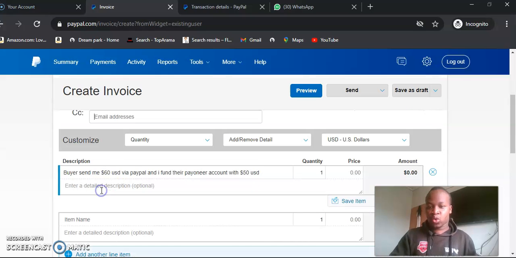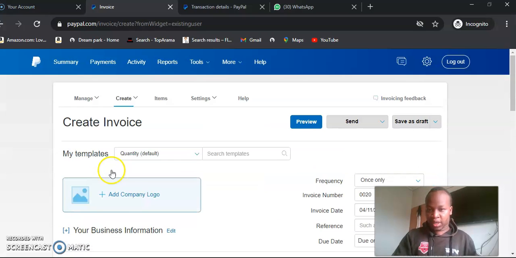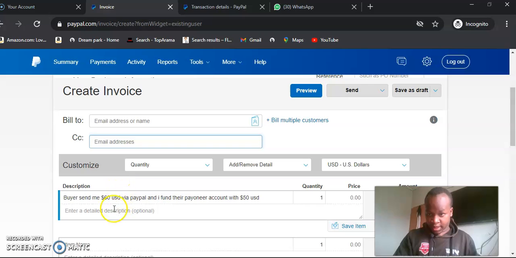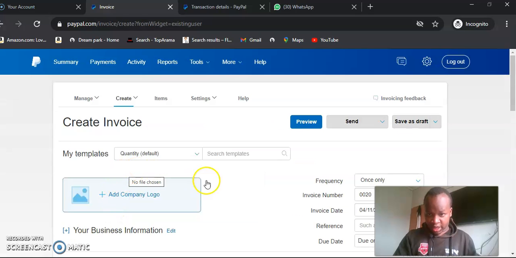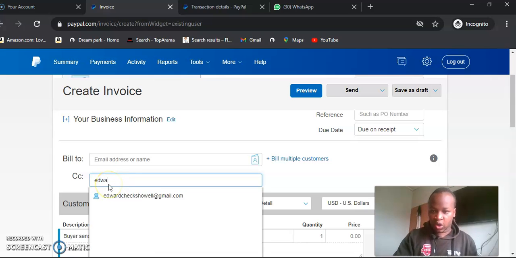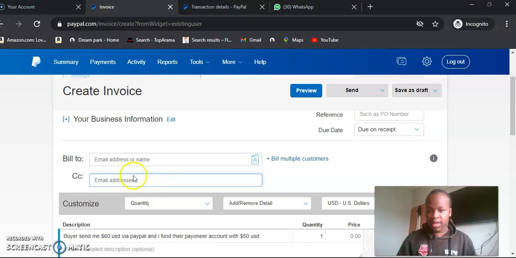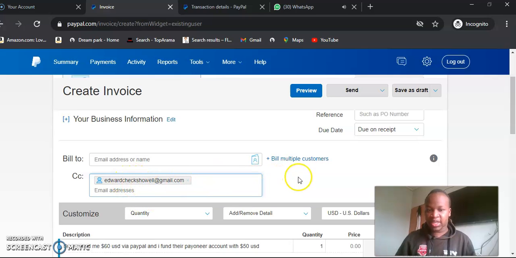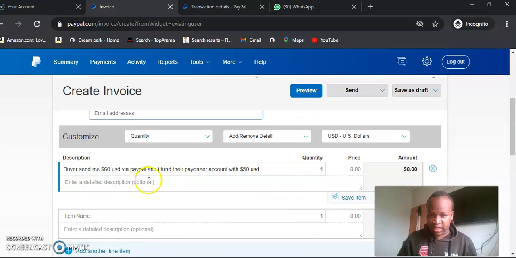So I need to write a copy. You need to fill in the detail of a copy to email. This is a backup email that will be sent the same invoice that you'll be sending to the client. The other thing is that when you are customizing your invoice, you need to put